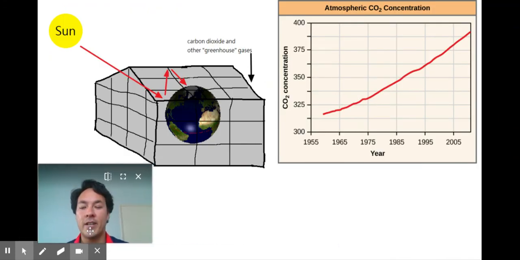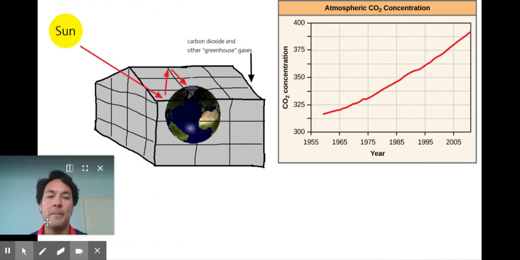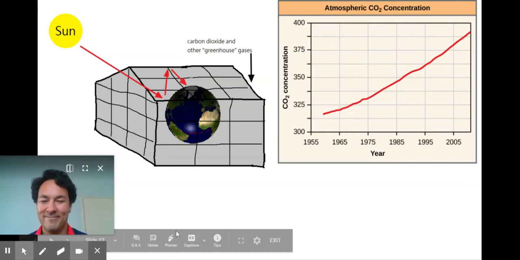And then we'll finish up the year with going back to ecology and talking about a system model for climate change and what's going on as the amount of greenhouse gases rise, things like carbon dioxide, and what that's doing to Earth, and what are some of the ramifications of that.